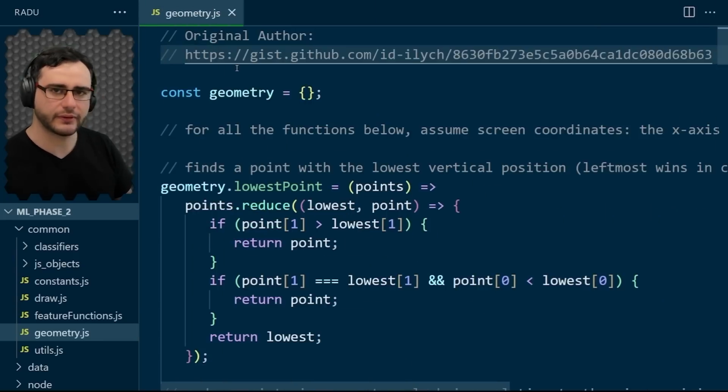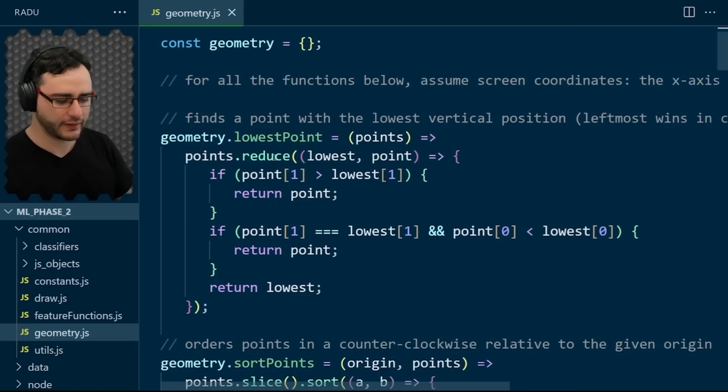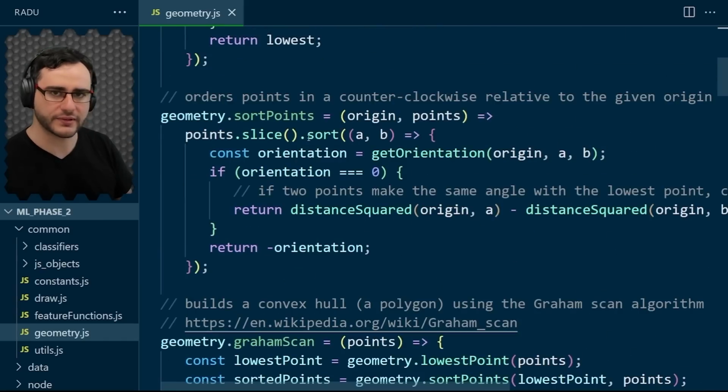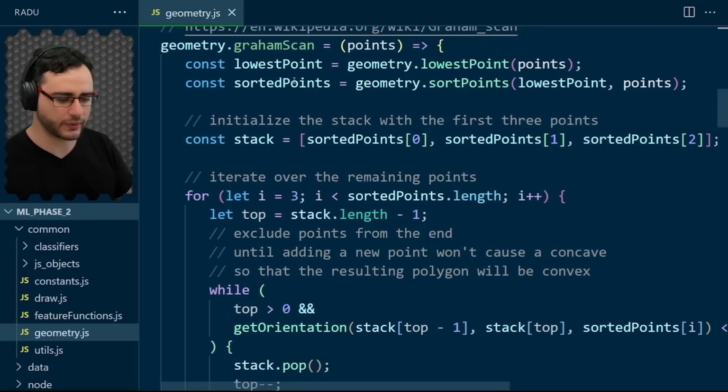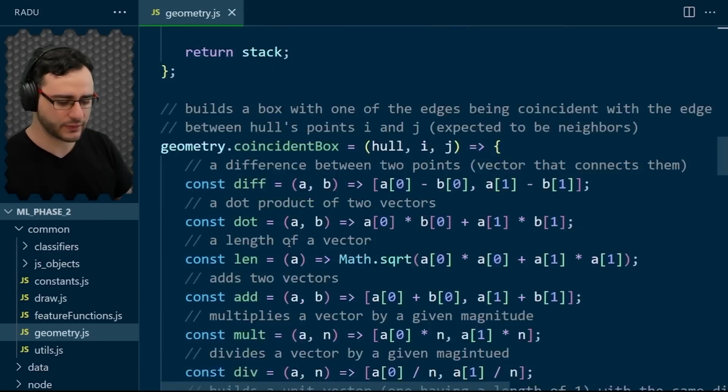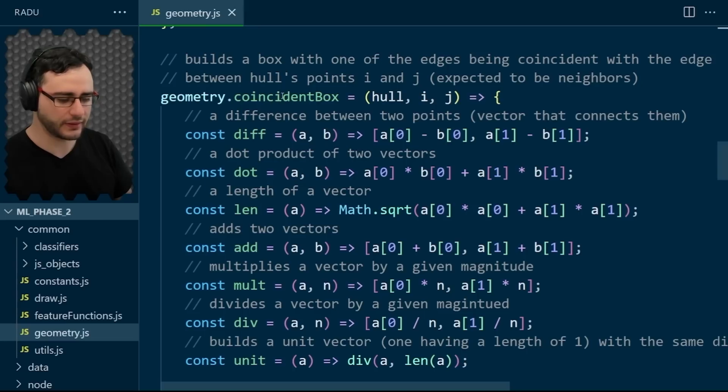And here we find all the functions needed by the algorithm. This returns the lowest point, and it keeps in mind that the y-axis goes downward. Then here the points are sorted relative to their angle. And here is the actual implementation of the Graham scan algorithm. The points are added to this stack right here, and then the stack is returned. There's also this helper function here